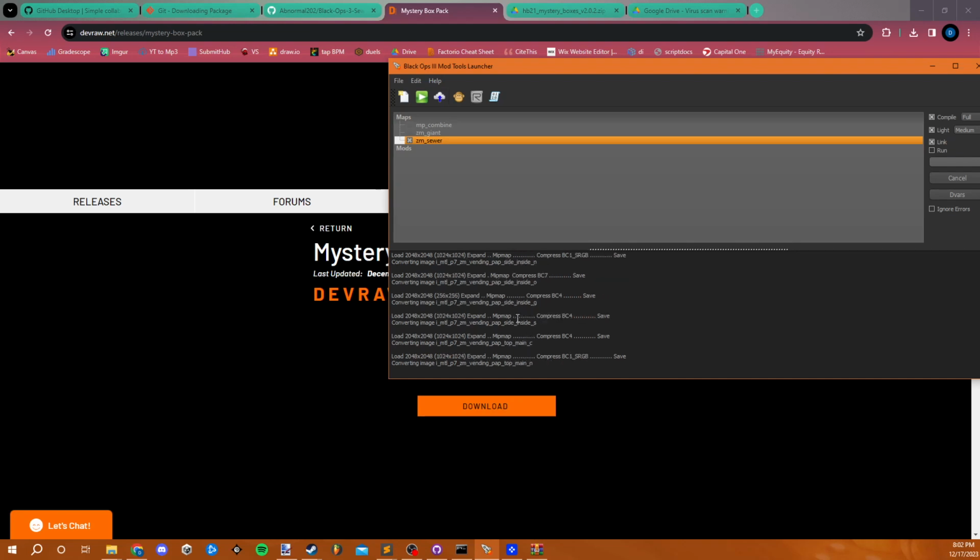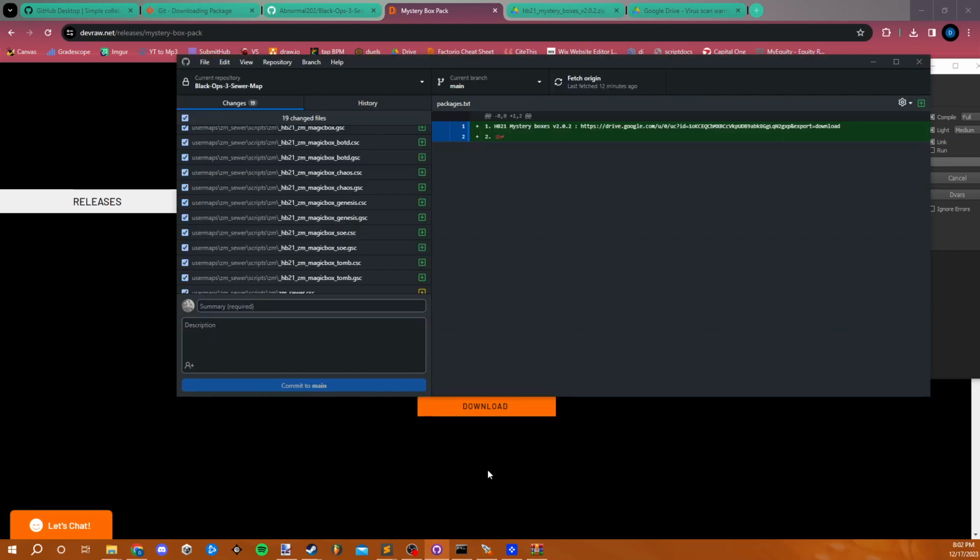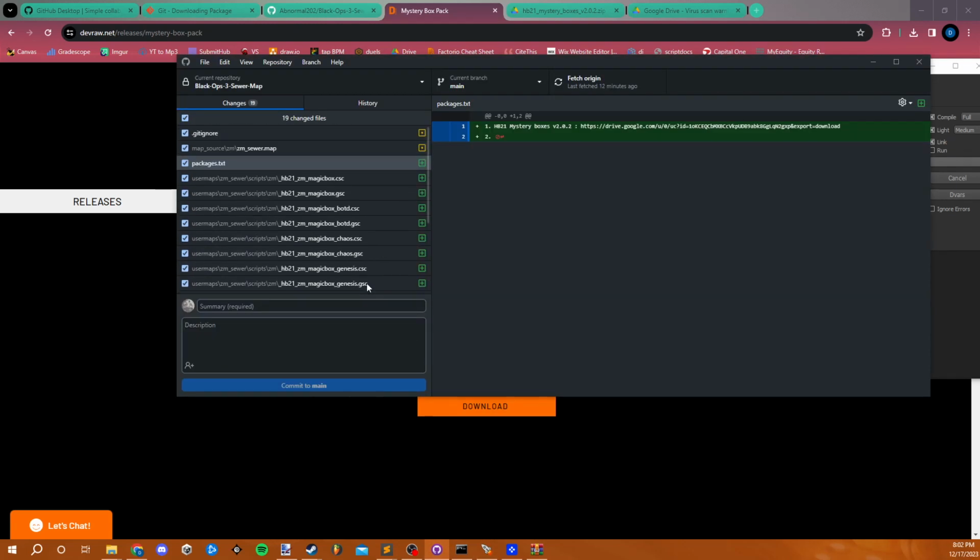Now, I know I showed the most simple version of using Git, where everyone just has this button and they press it to fetch and pull, but in theory, if you know what you're doing, you can use Git as complicated as you want. You can create your own branches, stash files on it. You can make a proper repository where someone has to fork it in order to make changes, and that means people can't just push stuff,